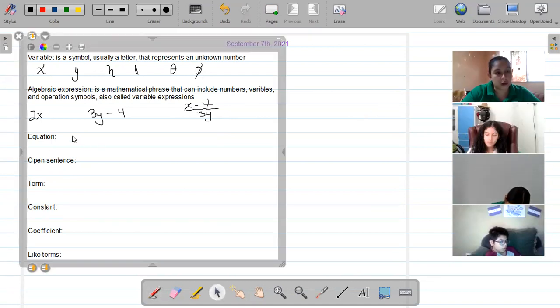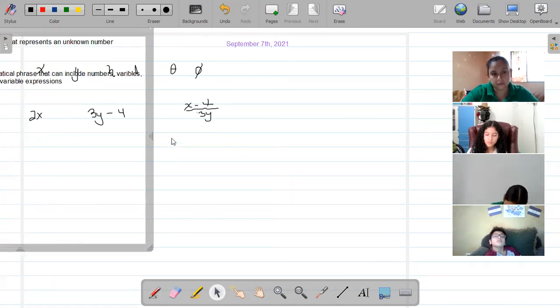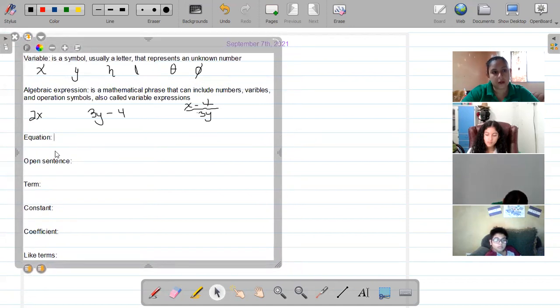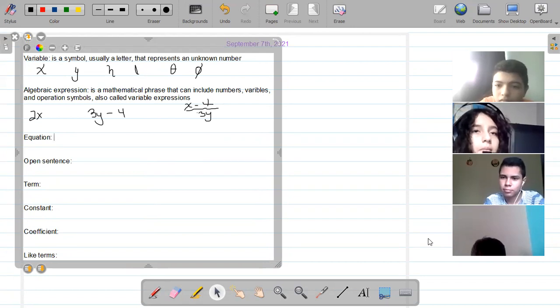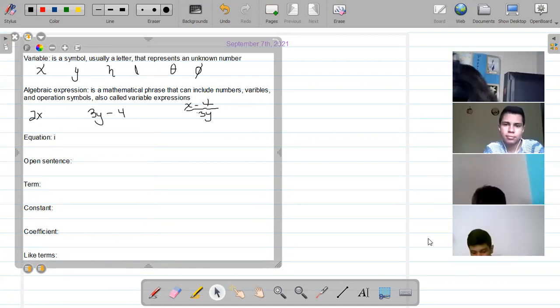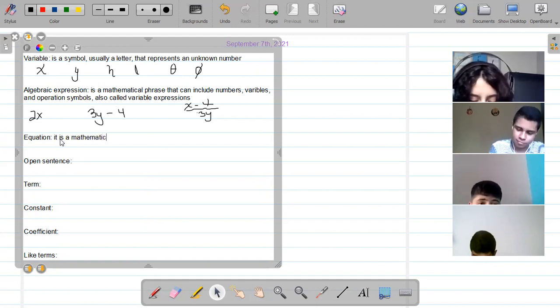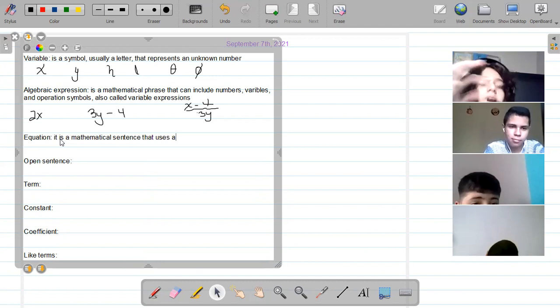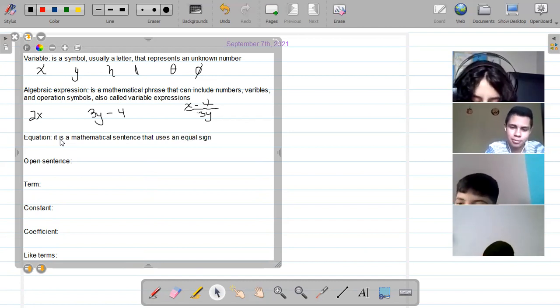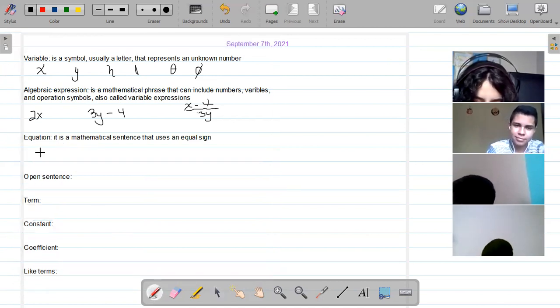Now, we have another definition that we need to remember, and it is an equation. Do you guys remember what an equation is? You guys remember what an equation is? What's an equation? It is a mathematical sentence, not a mathematical phrase, okay? It is a mathematical sentence because in math, we have also sentences, okay? It's a mathematical sentence that uses what? An equal sign. So if you see an equal sign in an operation, then you need to remember that that is